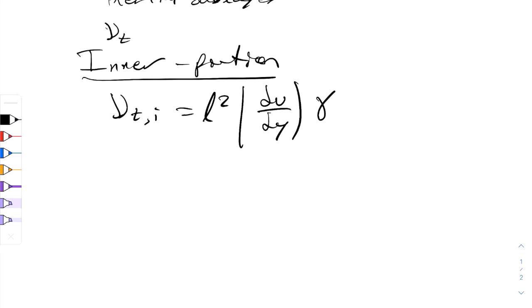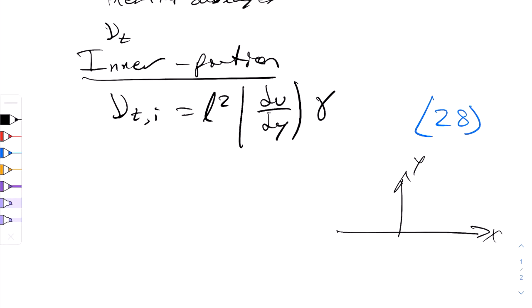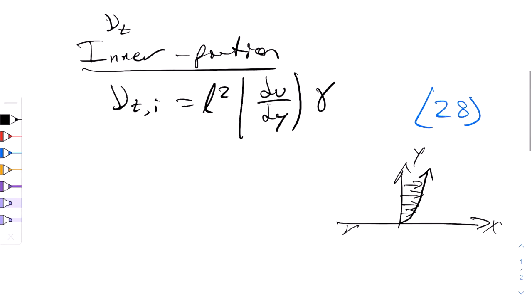This is one of the most important equations and represents the part of the closure for the inner part of the boundary layer. Remember, the boundary layer has direction x and distance y from the wall, and it has some particular profile u, which we want to penalize or modify with an eddy viscosity. Now, we'll call this equation 28, and if you are keen, you would have seen that this is actually a form of Prandtl's